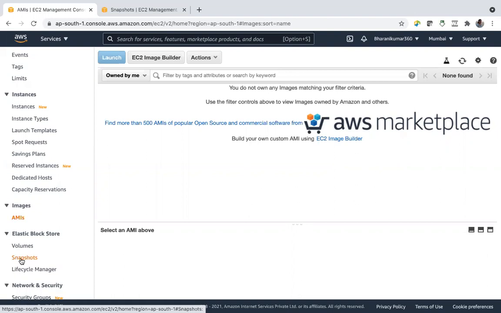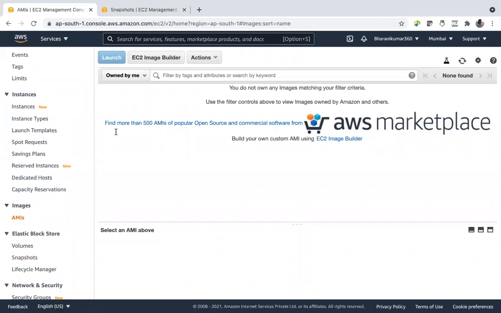With one snapshot, you cannot boot your instances. Suppose I want to launch 10 instances at a time, 10 servers at a time in Singapore region. I cannot do that with a snapshot. It's just a copy. You can transfer contents from your snapshot to volumes. You can do that. But if your requirement is such that you want to launch 10 servers, which should have all the files that are there in your Mumbai's instance, the same as your Mumbai servers, you will not be able to do that with snapshot. And that's why AMI is there, which is a bootable copy.